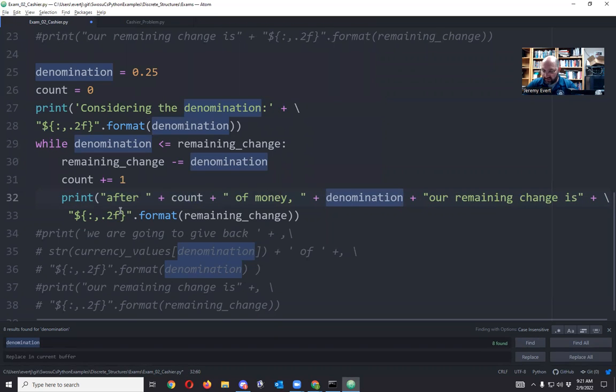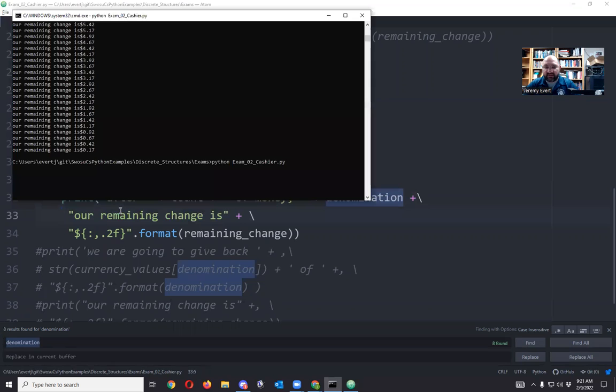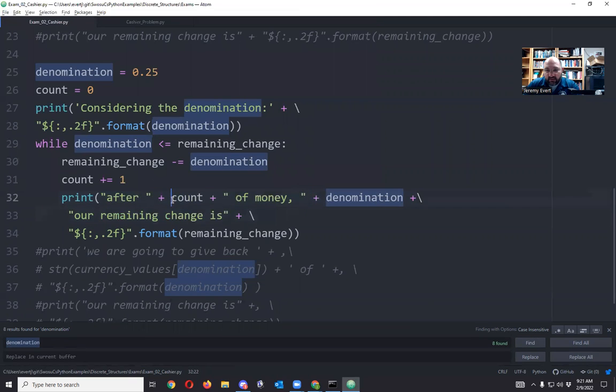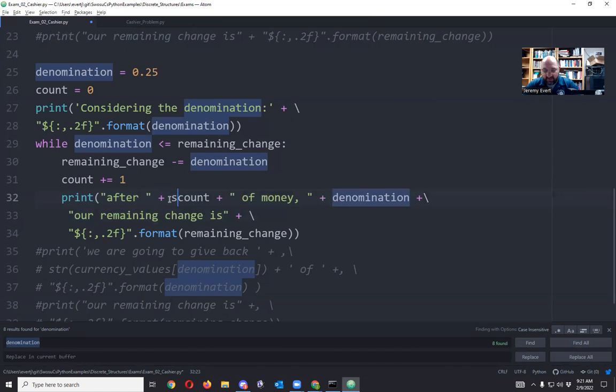I'm going to drop a slash in here just to wrap it around. Okay, so let's see if that'll run, maybe make a little more sense. So I need to come in here. Oh, all right. So when it says things like, hey, you can only concatenate strings, not ints, it doesn't like count or denomination, so you just need to recast those